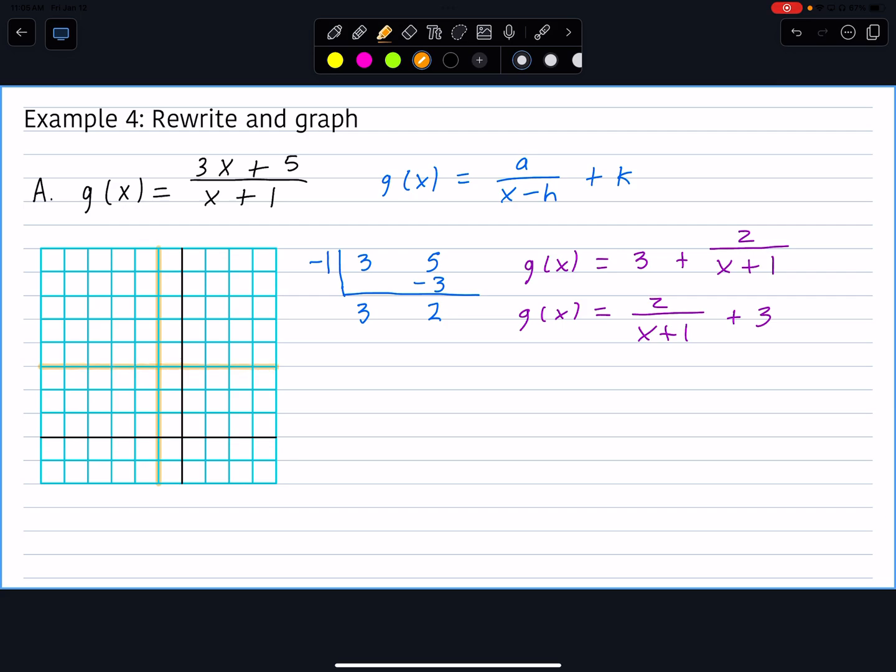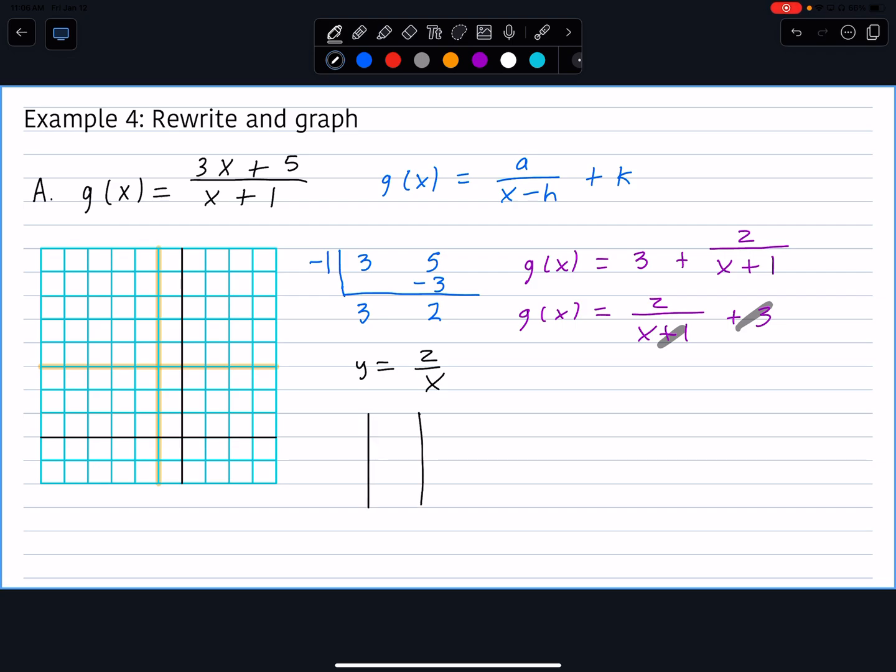Now remember, the key here is we're now going to graph a similar function with this being 0, 0. We're going to graph a similar function. That similar function, because we dealt already with the translations, this and this are gone. So I'm going to graph y equals 2 over x right here with this being 0, 0. So just like we've been doing in the past,